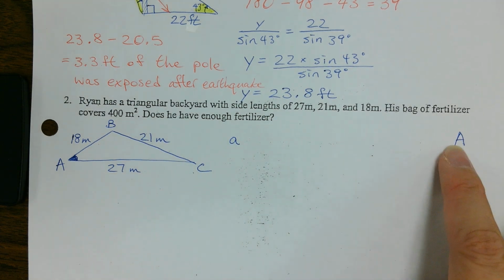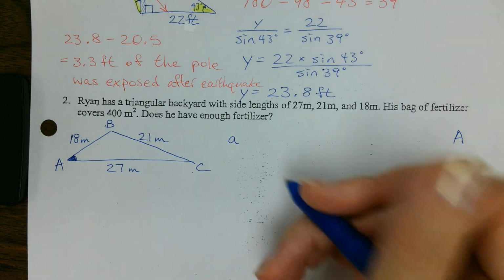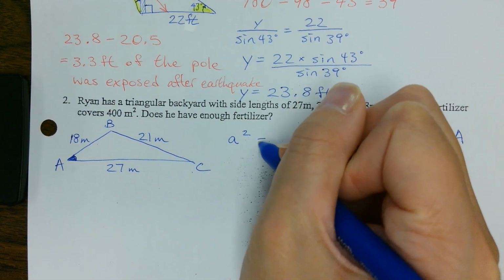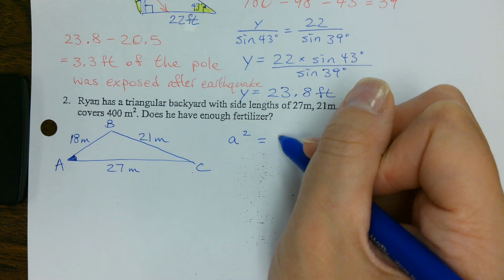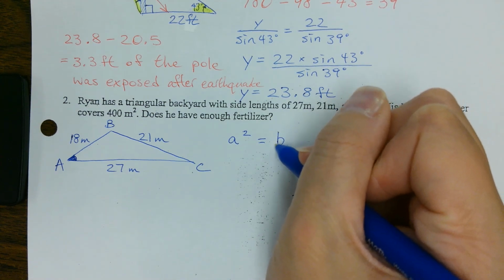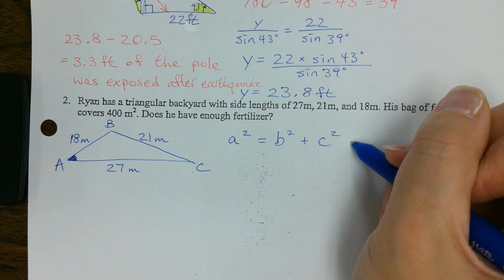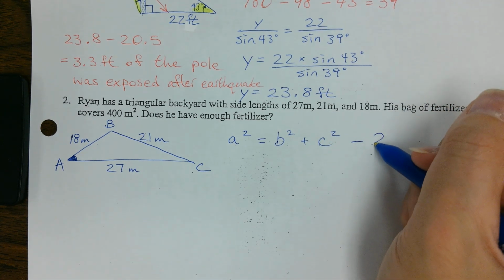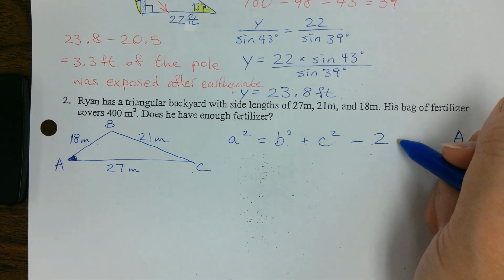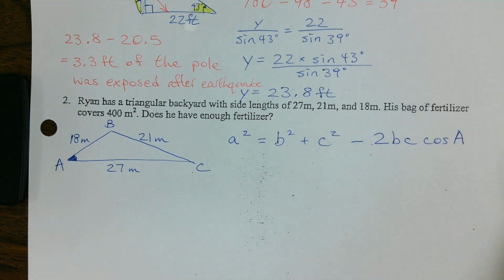Okay. Who can tell me the equation? Yeah, so Shane, A squared equals, plus, minus 2AB, BC, yes. And then cosine. Right. Okay. So now that we have this, we can